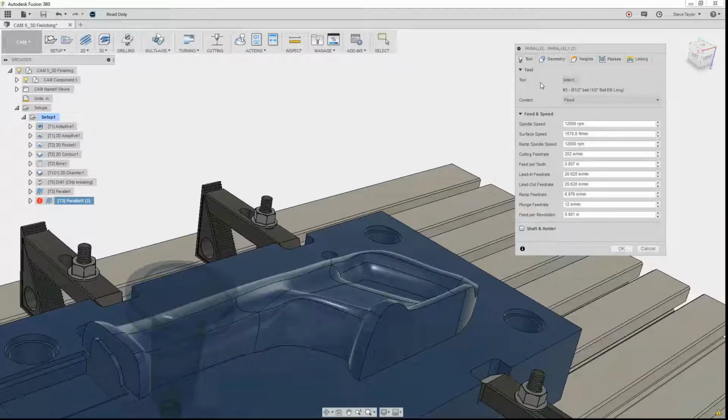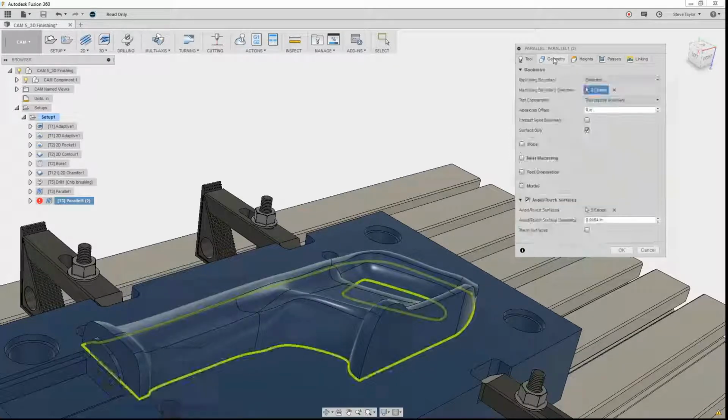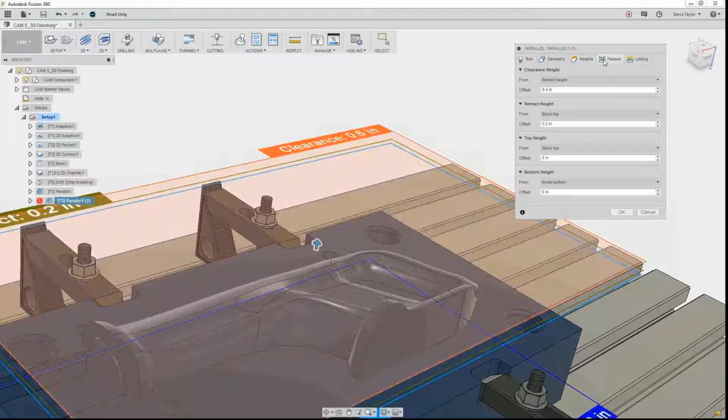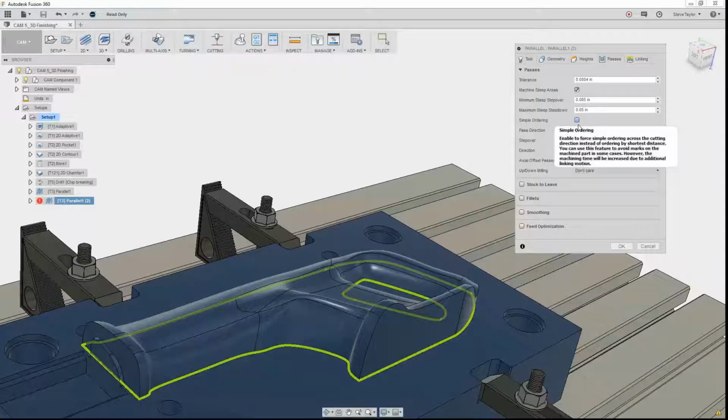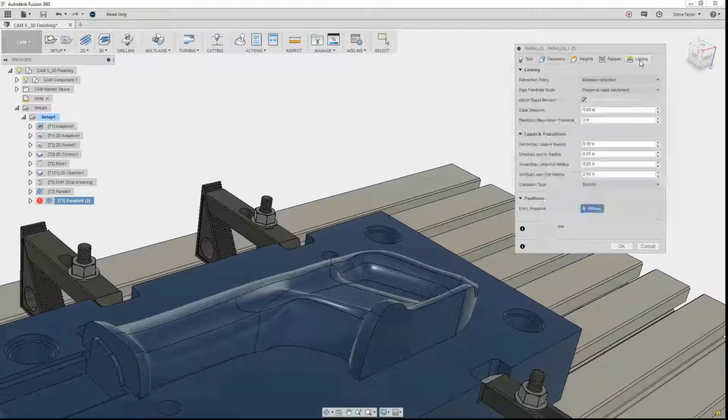I want to keep everything the same: the same tool, the same geometry, same heights. The passes though, rather than being at 90 degrees, I'm going to put that at 45 degrees. I'm just going to change the angle and keep the linking the same. If I do OK,